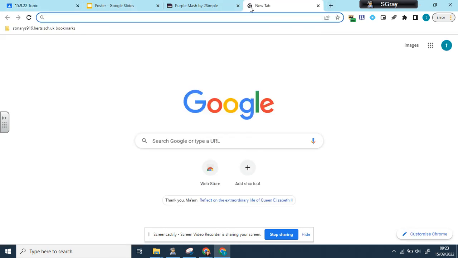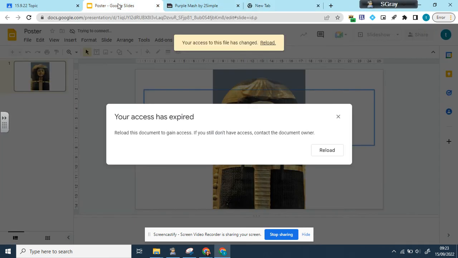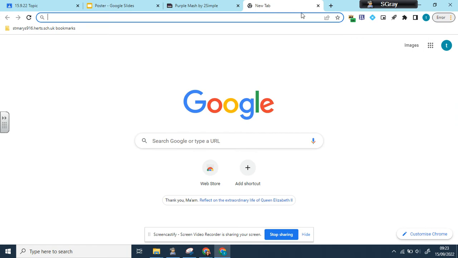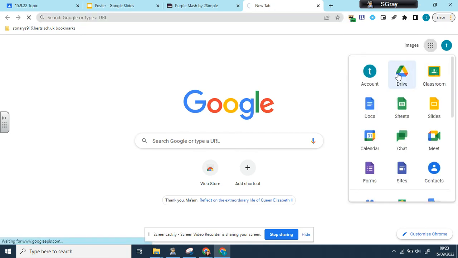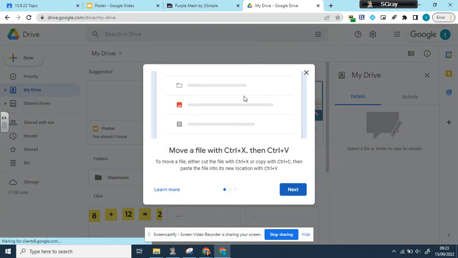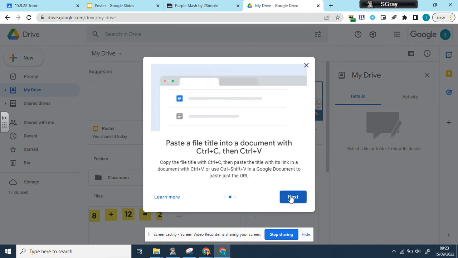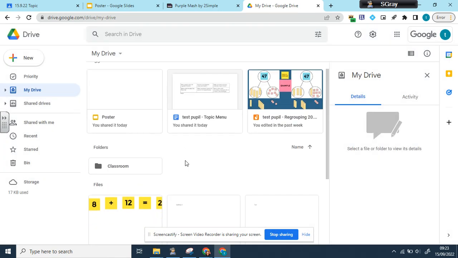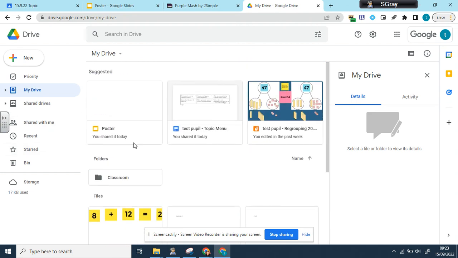Something else that you might find useful is sometimes I might want to go back and revisit something. So if I open up a new Google tab, there's a waffle here, and I have my drive, then you can see all of my files that I've been using. And here, this is the first time I've accessed it on this computer, so it will end up in reminders. All of my files are saved automatically in my drive,